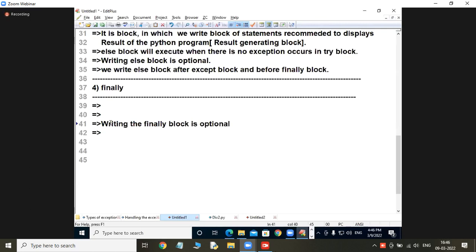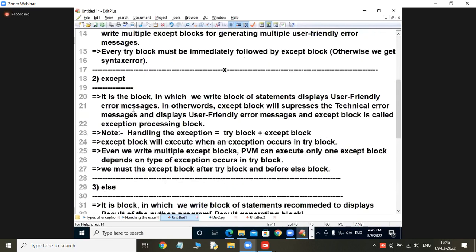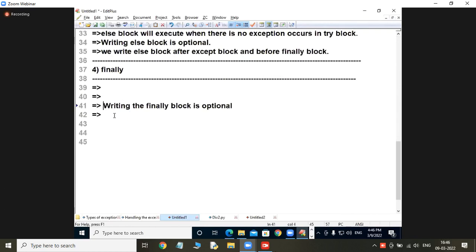See, these are very important points. You take any website, you will not find clear-cut points like this. Keep in mind, always try to reproduce as it is in interviews. Writing the finally block is optional. Executing the finally block is compulsory or optional? Compulsory. When we write the finally block, it will execute compulsorily.